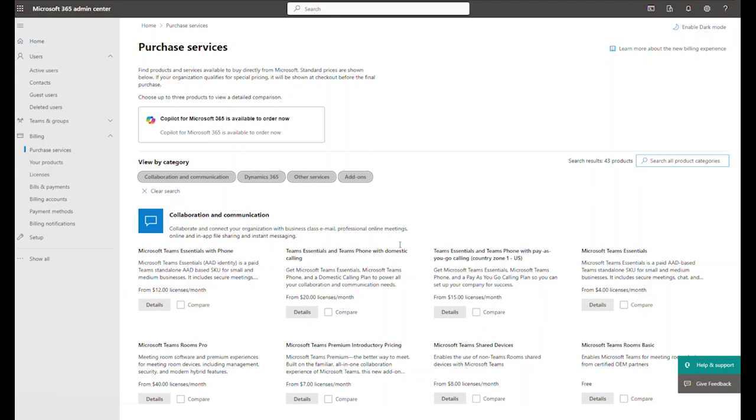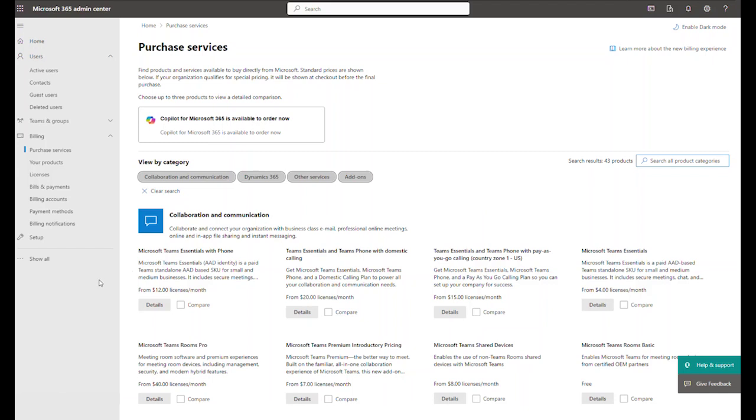Beyond this, Microsoft has changed their licensing structure in the last several months so that E5 licenses no longer include phone system or Teams Essentials. So you will no longer see the E5 here that has that included. However, if you have purchased an E5 license prior to April 2024, it will include a phone license. So please check your E5 licensing to make sure you're not double purchasing.